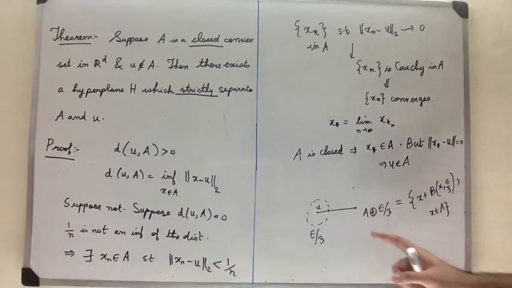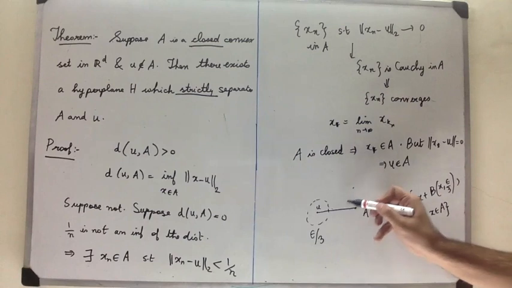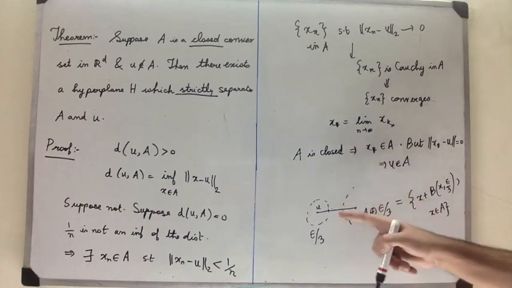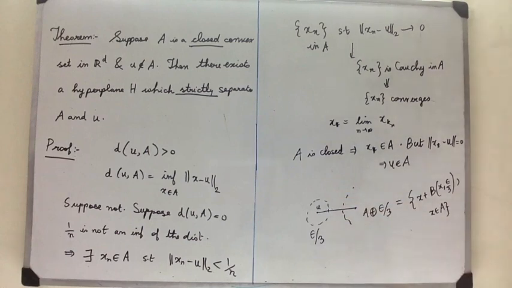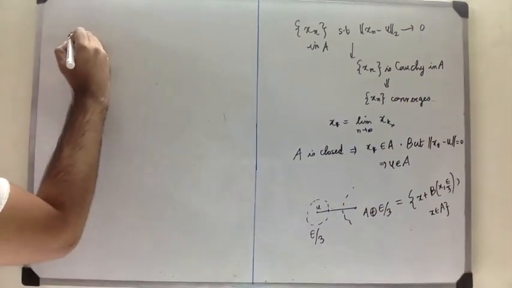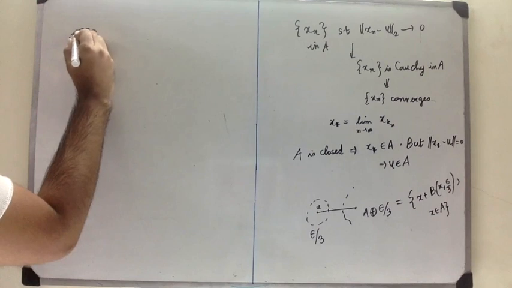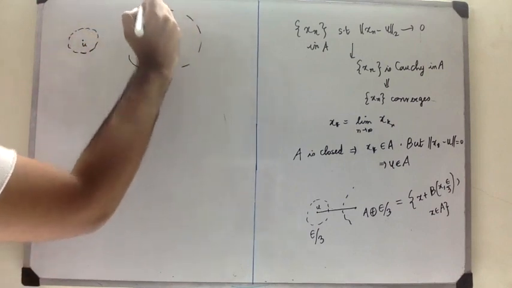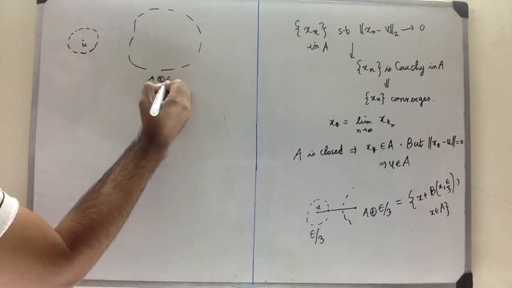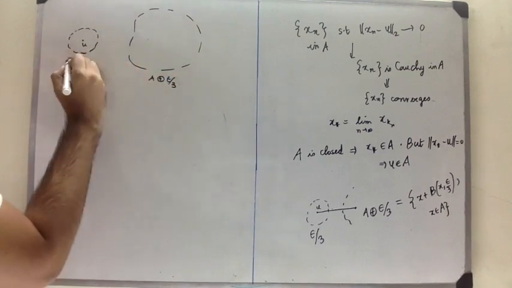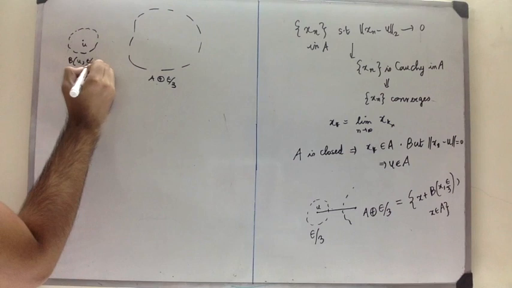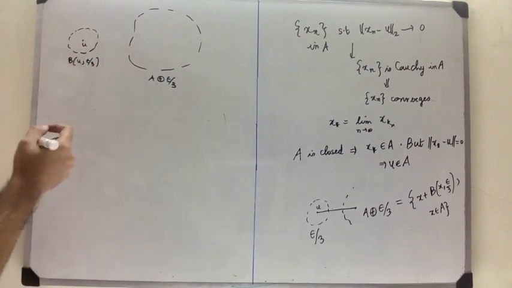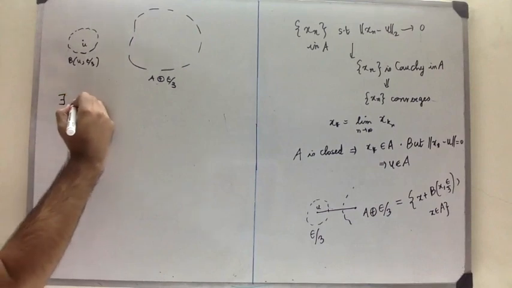So what you end up with are two open sets which do not intersect because of this condition: this open ball at u and some open set A plus epsilon/3, which do not intersect. By our first proved separation theorem, there exists a hyperplane